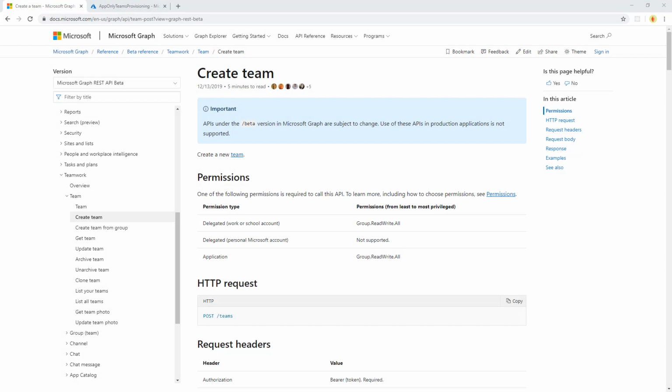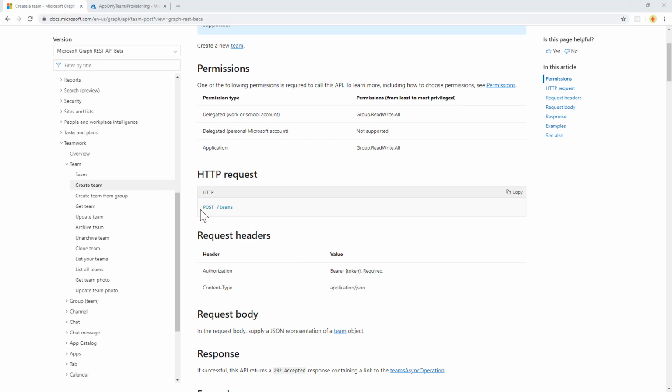This is the API in Microsoft Graph that I'm going to use to create a team with an app-only access token. You can find this documentation if you go to graph.microsoft.com, choose API reference, go in the beta section, and go in teamwork, team, create team. Here, as you can see, we can make a POST request targeting the /teams endpoint in Microsoft Graph, beta endpoint, and you can access it with an application-only access token as long as you have the Group.ReadWrite.All permission scope assigned